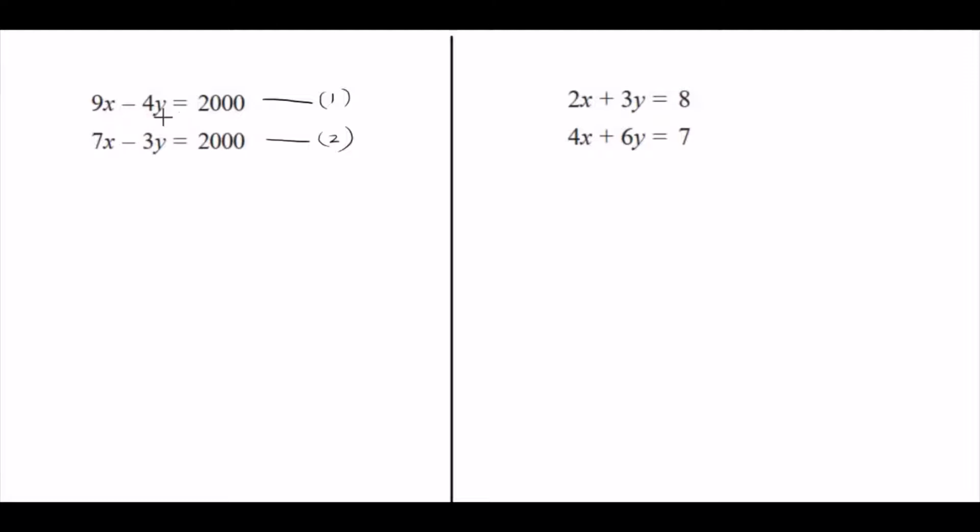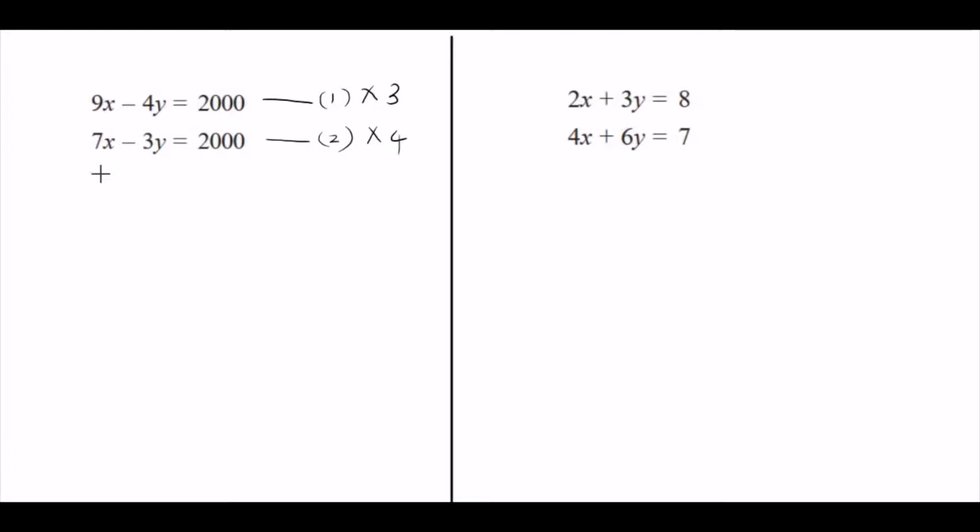In order to make the coefficient equal, you can multiply 4 into 3 and 3 into 4. That is, you multiply this whole equation by 3 and you multiply this whole equation by 4. When you do that, you get minus 4 into 3 is minus 12 and minus 3 into 4 is minus 12. So the coefficient of this y variable is numerically equal. And when it is numerically equal, you can either add or subtract both the equations to eliminate that variable.